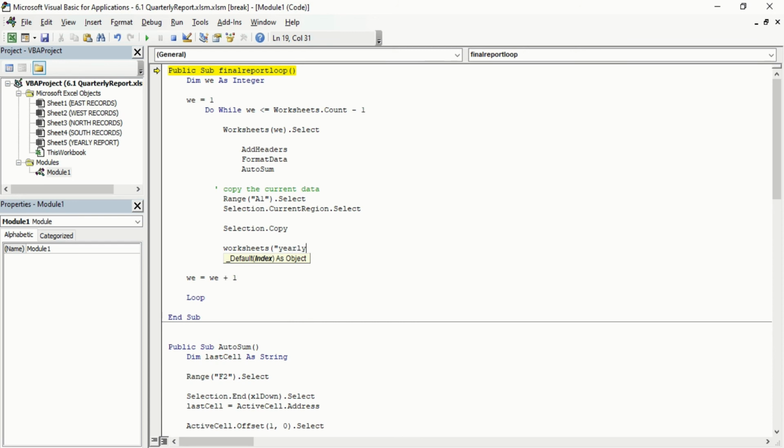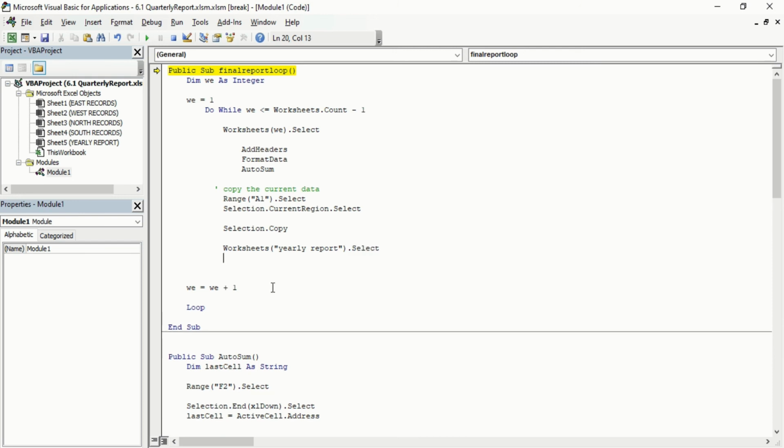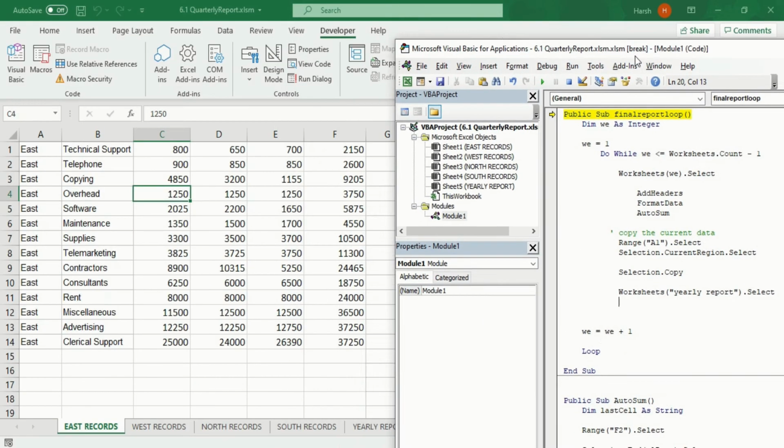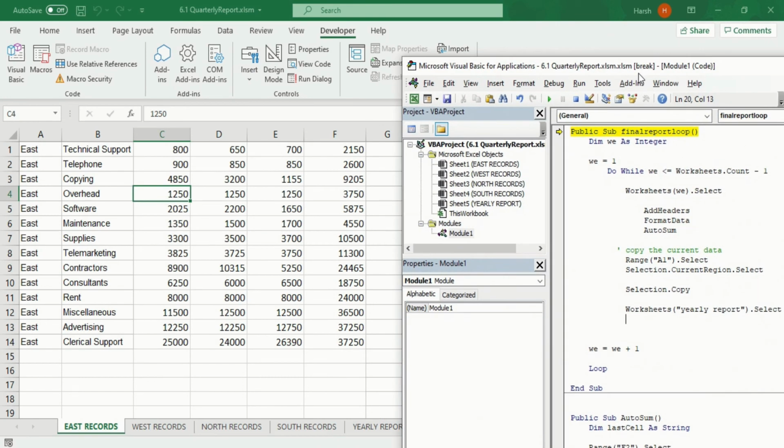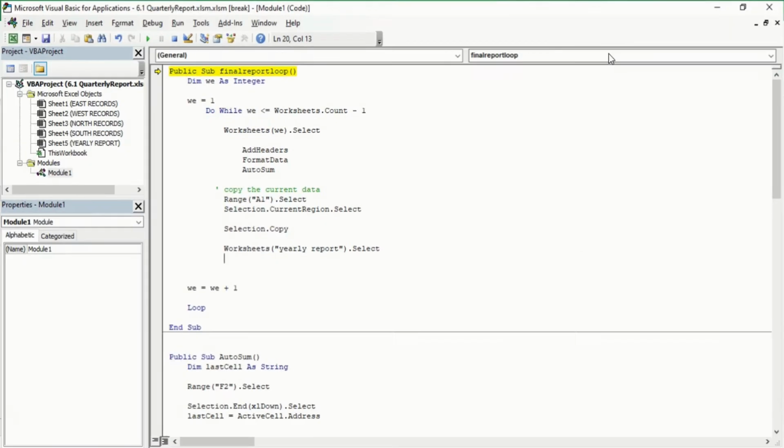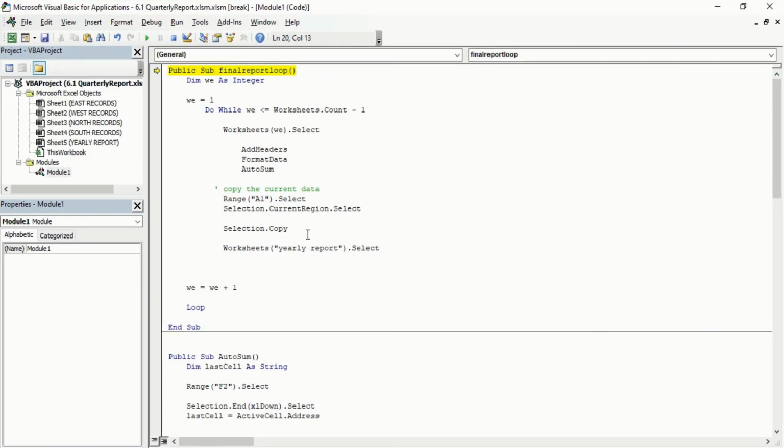Kindly remember that it should be the same as written on the worksheet because it will check for that. I will close it and close it again, and then dot select. Just a gentle reminder, go there and see how it is written. So it is yearly report.